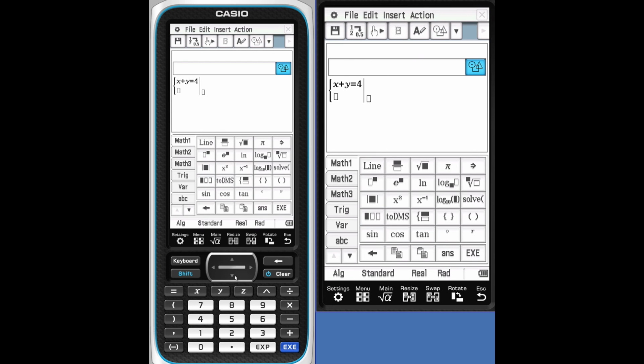Second equation. Toggle to the end. Let me get back to that point right there. Y equals negative x plus 2. This will give us some intersecting lines, and we're going to solve for x and y.